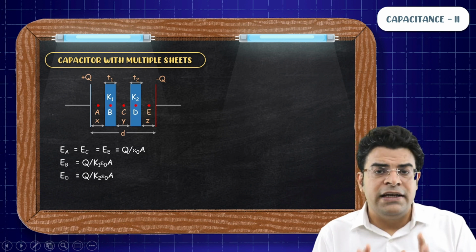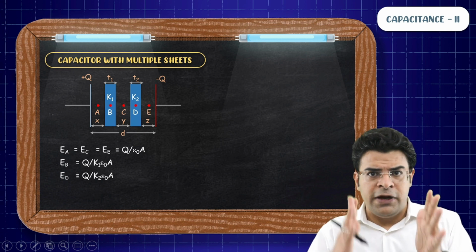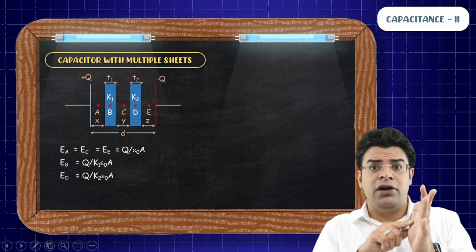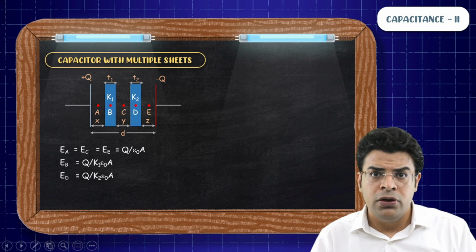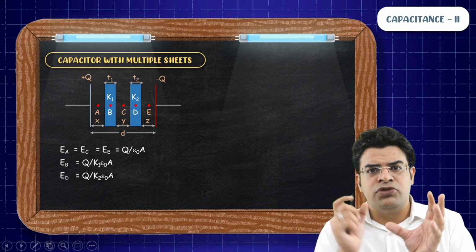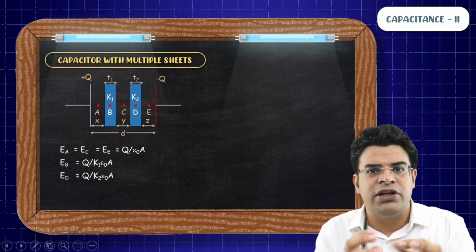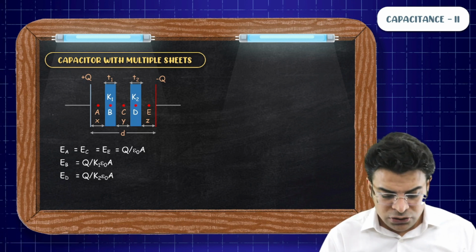Now, how to find the capacitance of this system? Same process. Go from the left plate to the right plate, look at the potential drop, and write that potential drop in terms of charge. Then rearrange it and write Q equals something times delta V, and that something will be your capacitance. So, in this region,